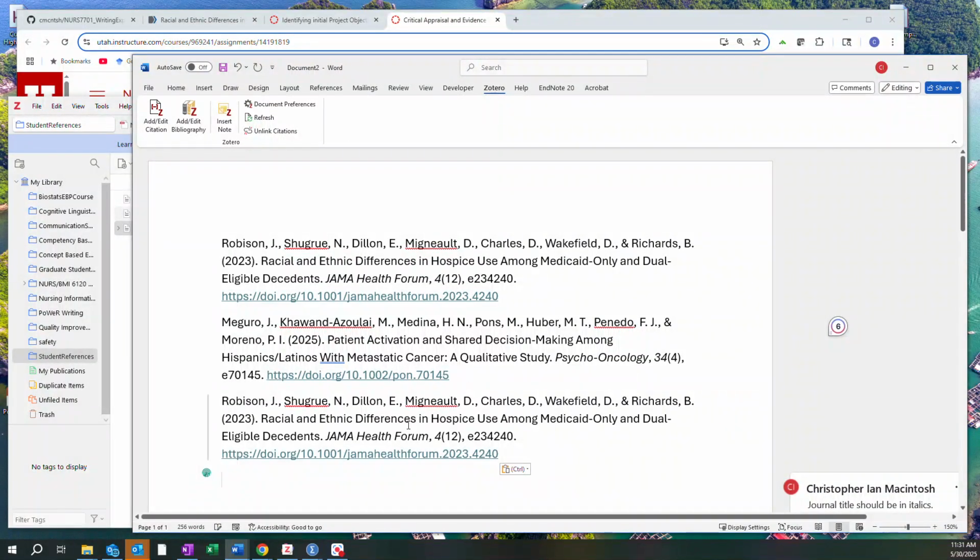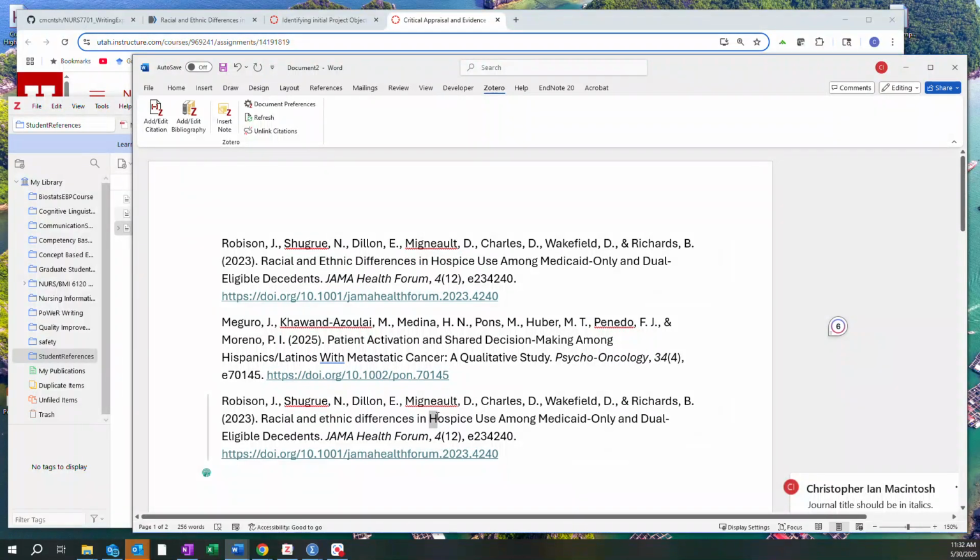And now you have an APA formatted reference with one exception. And you'll notice that this article title is using title case, meaning that the main words are capitalized. And APA wants you to use sentence case, meaning that the first letter of the sentence, or in this case, the title, is capitalized, and the others are lowercase. So you have a couple choices here. You can either paste it into your paper and go fix it every time